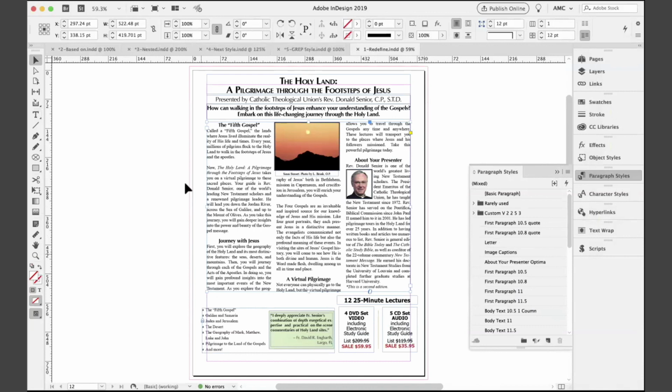Remember, they were redefined style, used based on styles. Look for opportunities to use nested styles and GREP styles and next styles whenever you can. If you take advantage of those features, it's going to save your carpal tunnel, and it's going to let you get out of work on time, and you'll be the